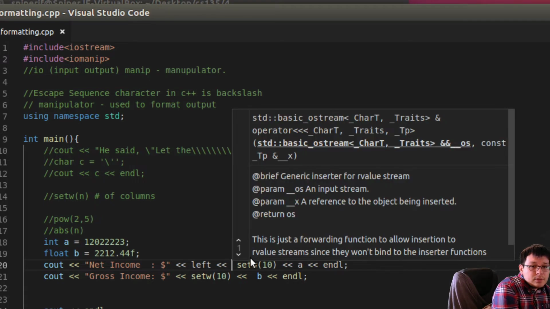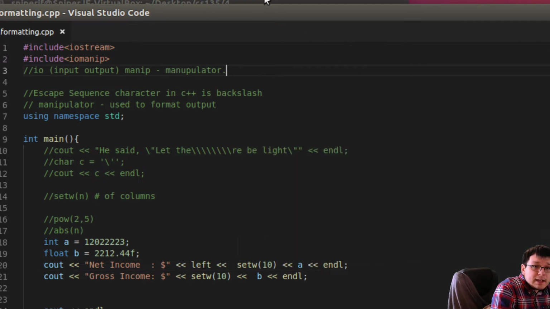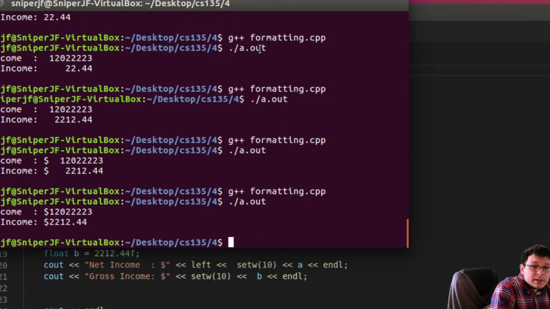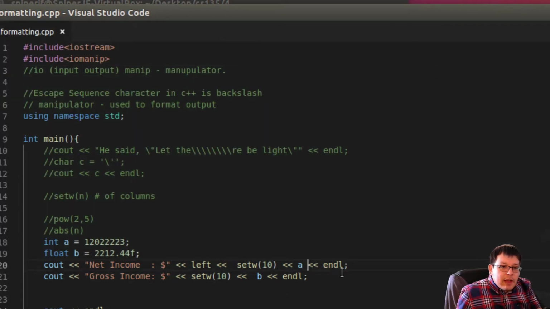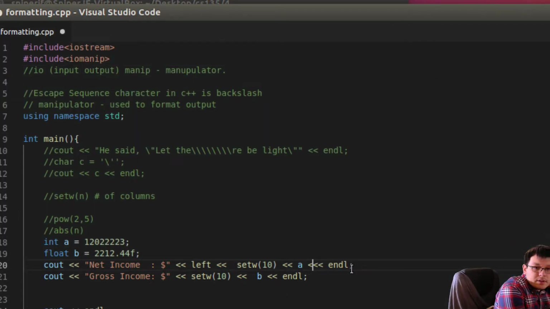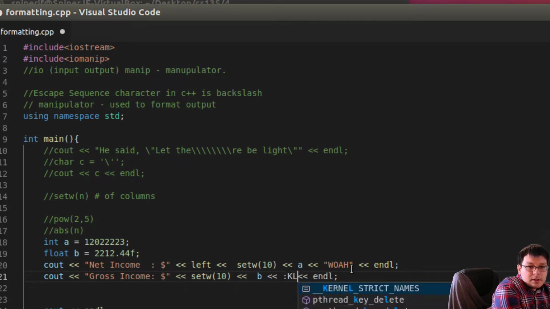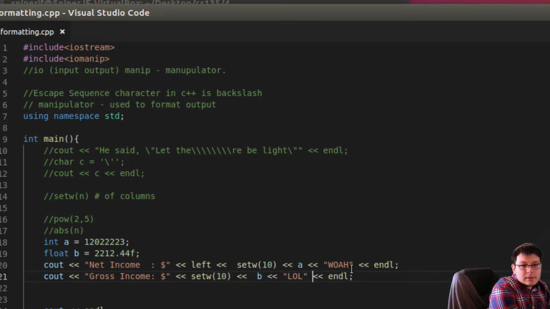And unlike setw, when you do left like that, I do believe it changes it permanently. It just changes it forever until you change it back. How do you change it back? You call right again. As you can see now, it just squished everything to the left. However, if I had another value after this, so whoa, and then here one that says like LOL,